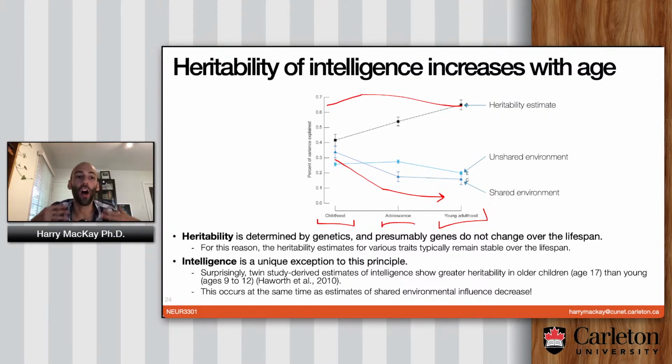And I guess the thinking would be that whatever genes you have that play a role in how intelligent you are not fully able to be realized early on, because I guess there's just not enough to test on, or there's not enough variation in the environment. You're all in kindergarten. How smart could a kindergartner be? That kind of thing. But anyway, it's a rather interesting puzzle that shows even something as simple as how heritable is intelligence is not a yes or no question. It depends on when you measure it. Obviously, it depends on how you measure it. But it's a rather complicated question because it's not stable over time.